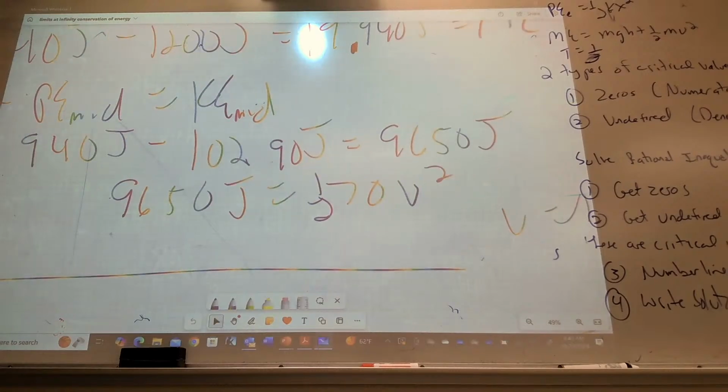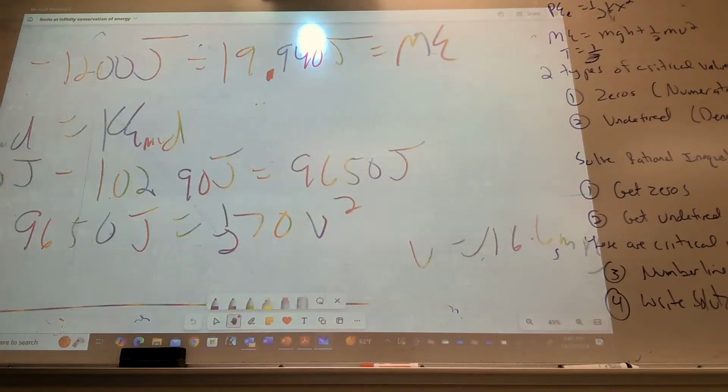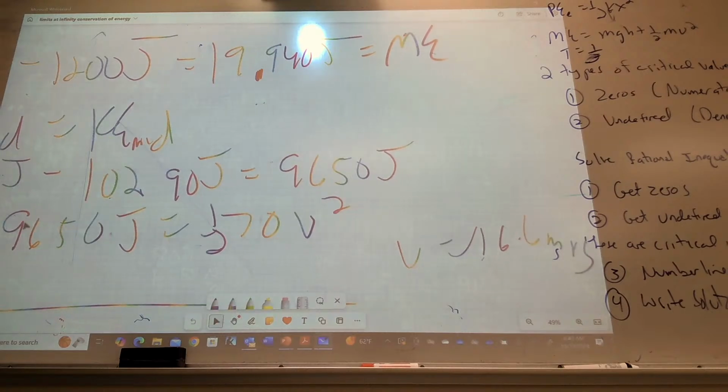So what's the speed in the middle? Violet, do you have it? I got 16.6. Good. We divide both sides by 35 and take the square root. 9,650 divided by 35, and you take the square root, you should get 16.6. Okay, then at the bottom,